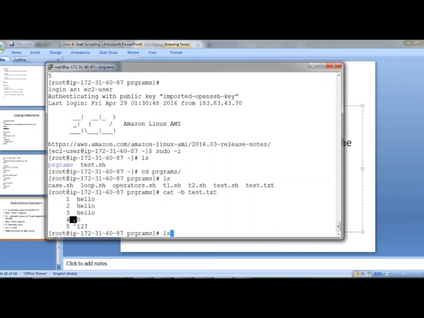We have seen word count, right? wc. What does wc give? If you give wc directly, it gives the number of lines, number of words, and number of characters. So similarly, I said